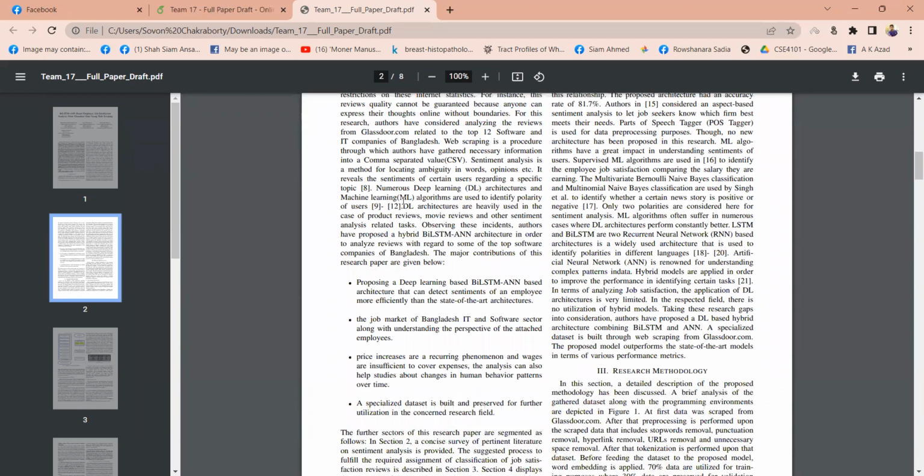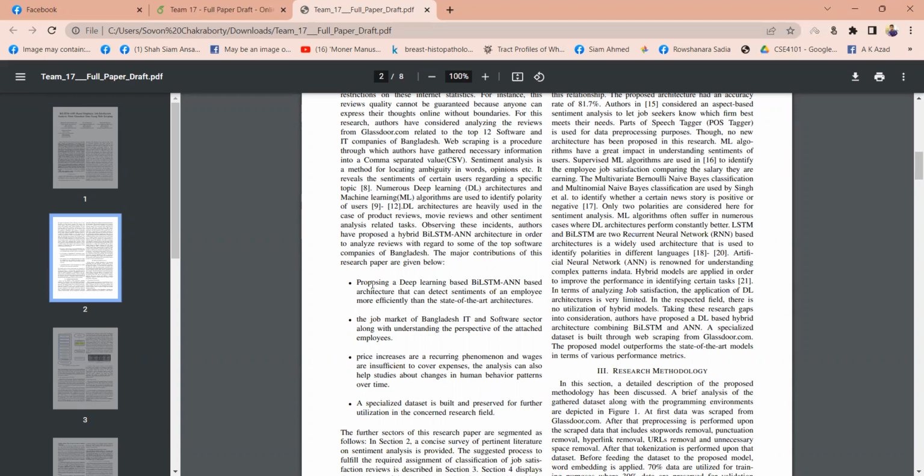The major contributions of this paper are given below. We are proposing a BILSTM NN-based architecture that can detect sentiments of an employee more efficiently than the state-of-the-art architectures.